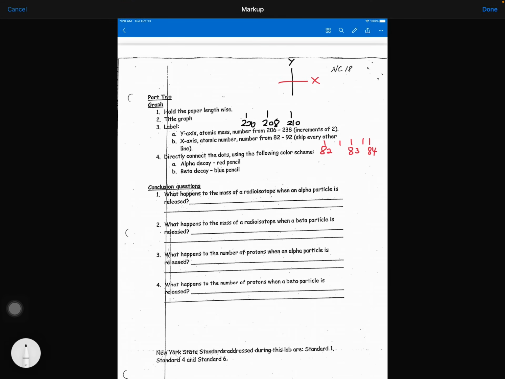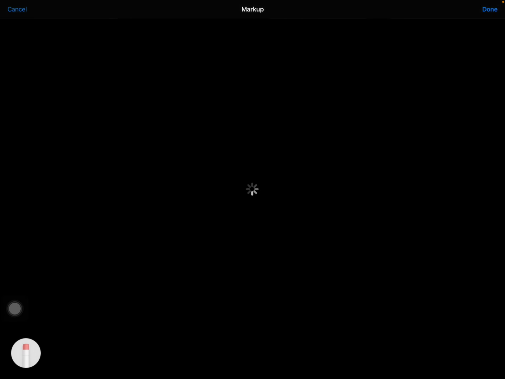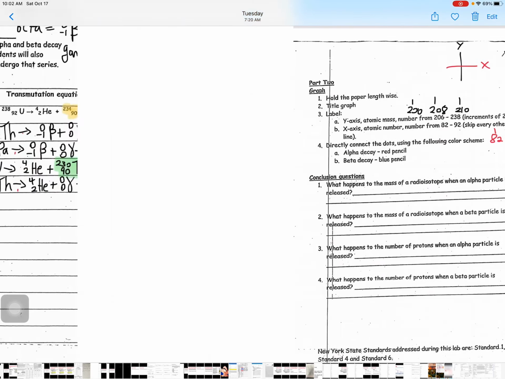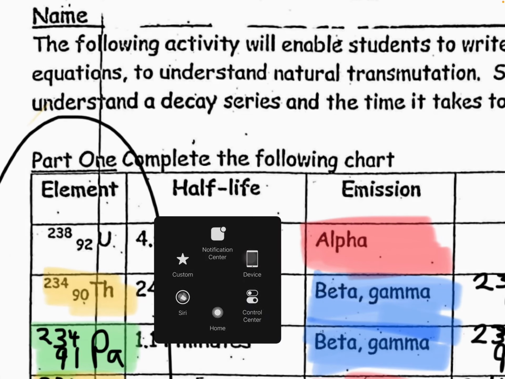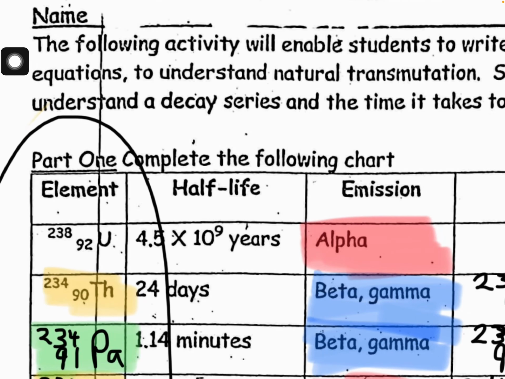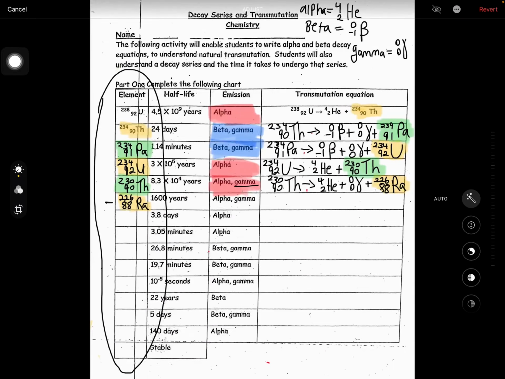Question 1. What happens to the mass of a radioisotope when an alpha particle is released? So what that means is what is happening to your final answer. So if I take a look at the final answer from before with an alpha decay, we see that the mass goes from